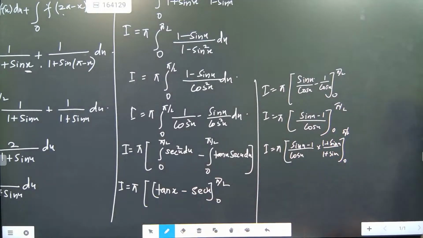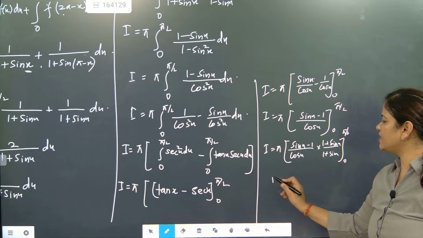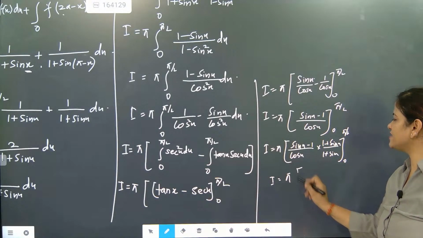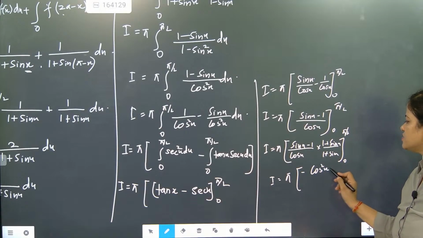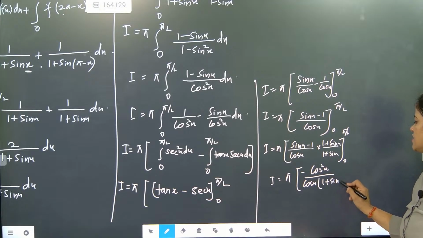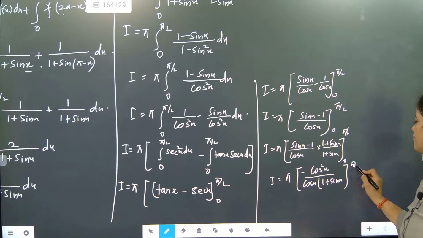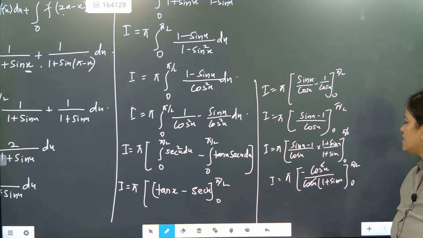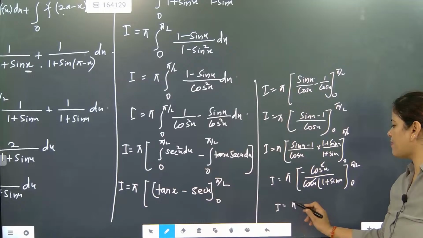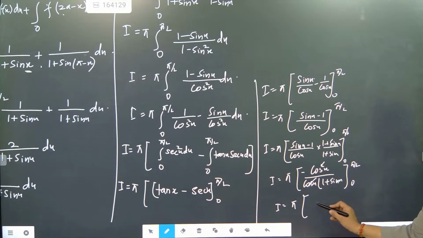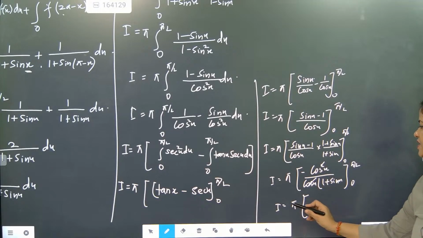So what you need to do here is look here, beta, why we are doing this, I'll also tell you. Pi is there. Now beta, 1 plus sin x minus, it will come cos square x by cos x, 1 plus sin x. Just to remove that pi by 2 effect, we did it like this, cancel. Now cos of pi by 2 is 0. Now we will not get 0, we will get the answer as 1. Pi will be as it is.